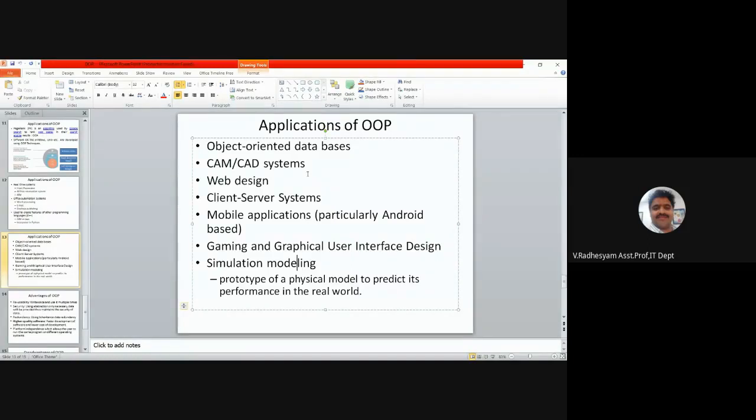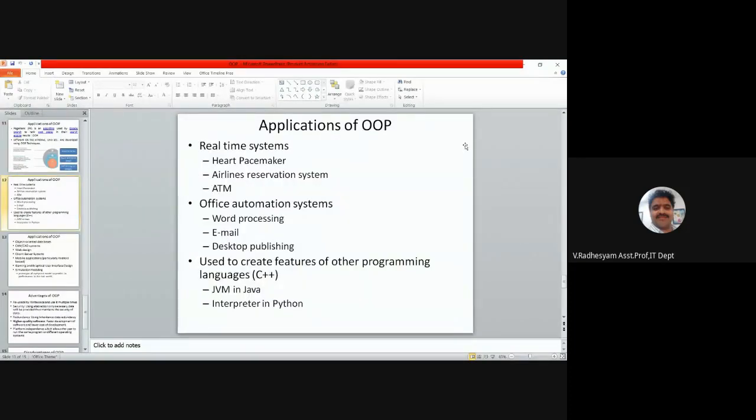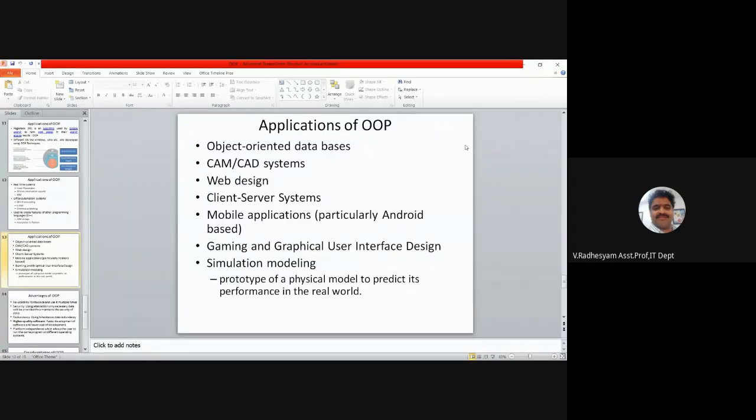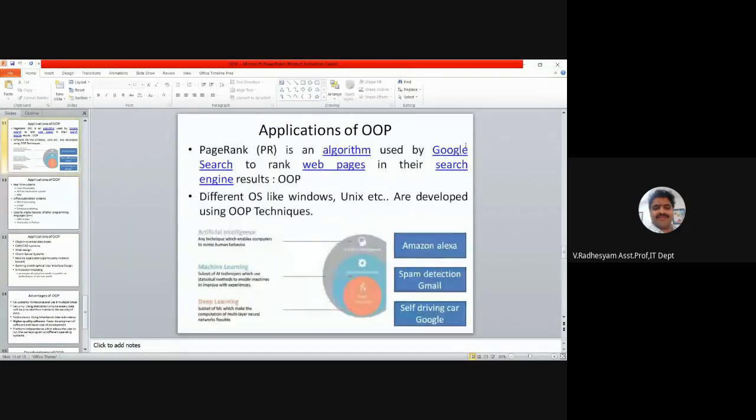We need to check the performance of the prototype, using the concept called simulation and modeling. In simulation and modeling also, we use object-oriented programming. There are lots of applications of object-oriented programming, which you need to study.